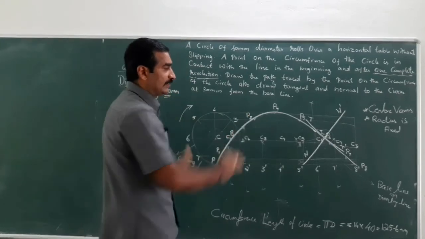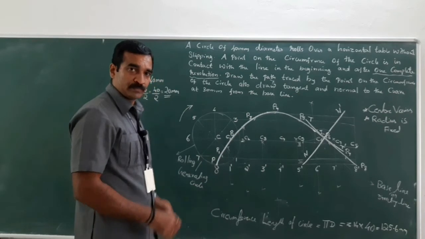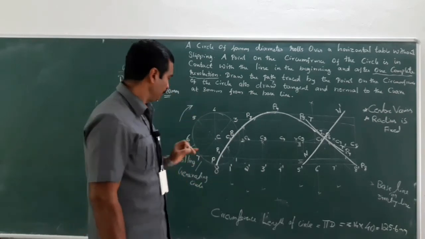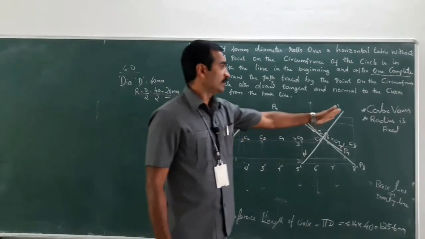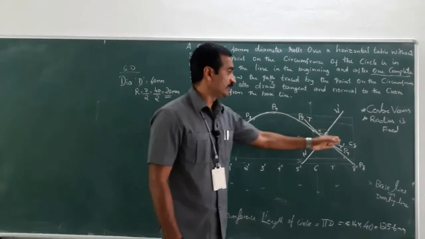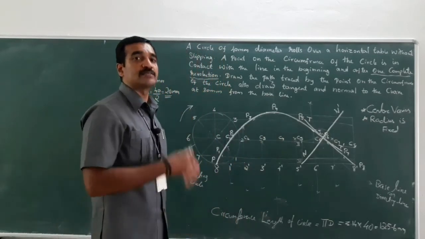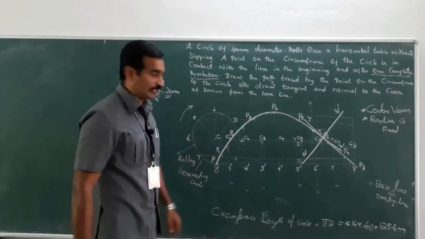I have completed the profile. I have constructed the profile. Now what are the things pending? Yeah, dimensioning is pending, and its notes. I mean, what N dash stands for, T dash stands for, and what is the dimension which I used and the scale which I have considered. Right. First, let me just complete the dimensioning.